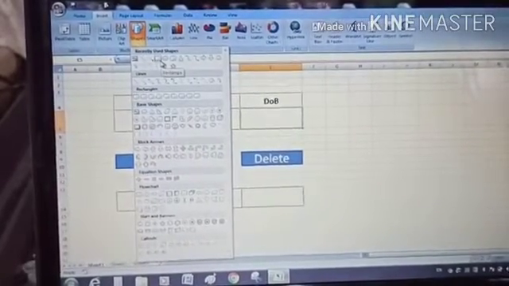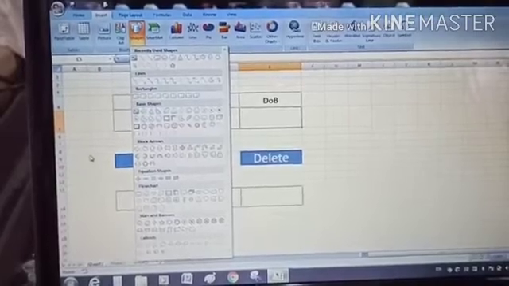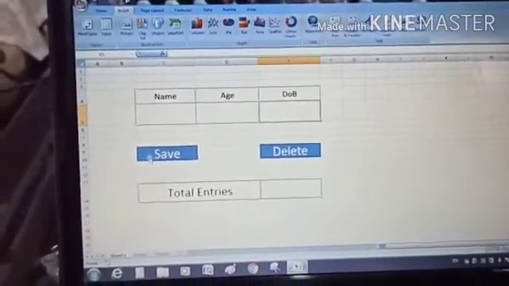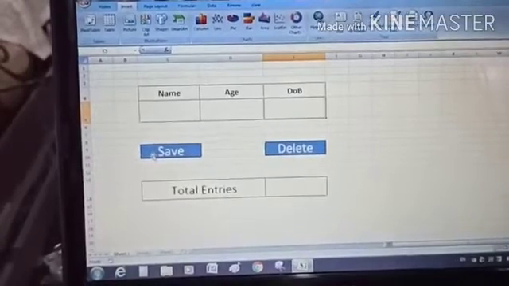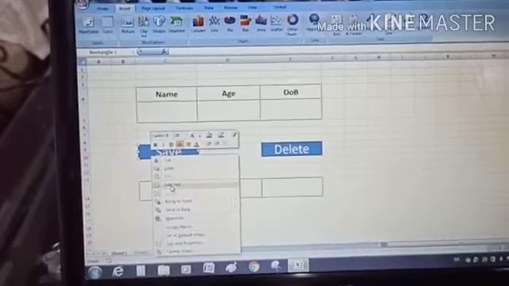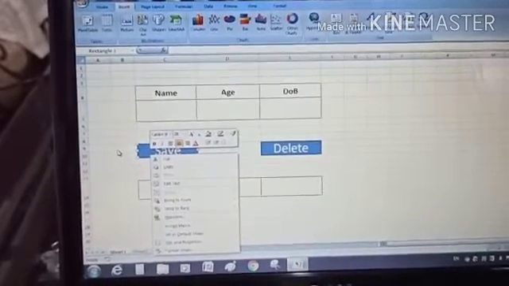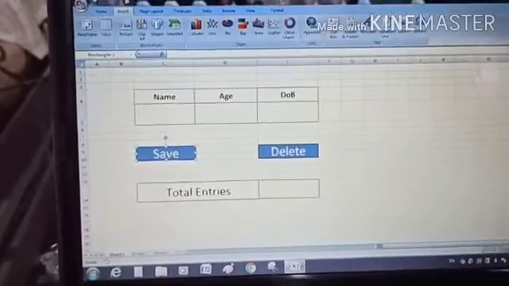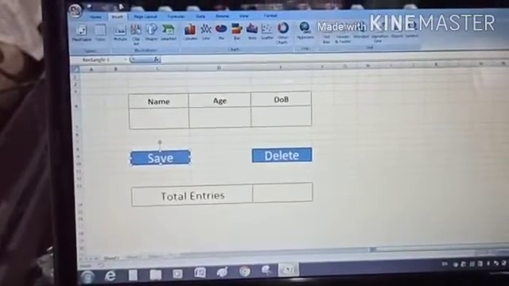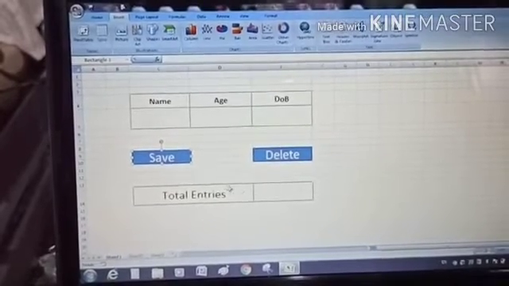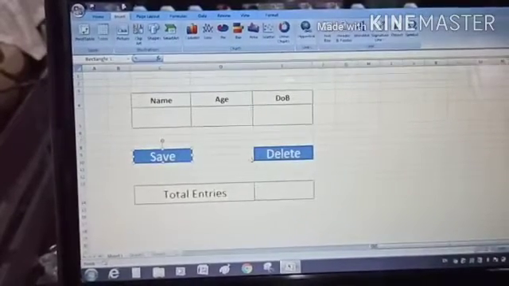I have drawn rectangles here, and after inserting the rectangles, I have just entered the text. To enter the text, right click on the shape, and here is the option Edit Text. While editing the text, I have written save and delete here, and here I am going to calculate the total number of entries which I have made.